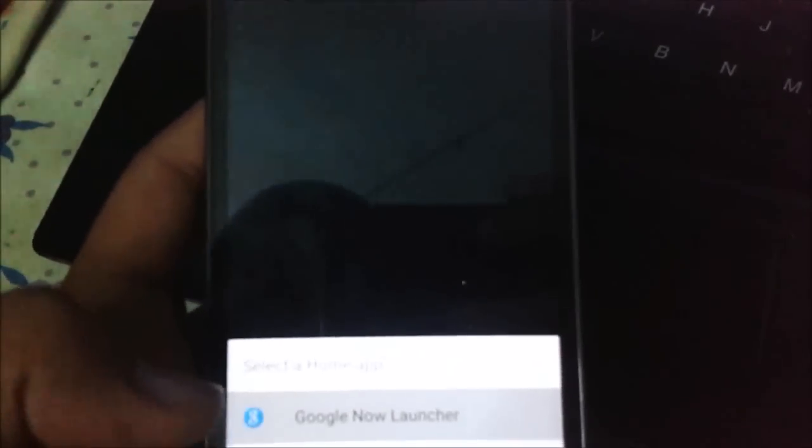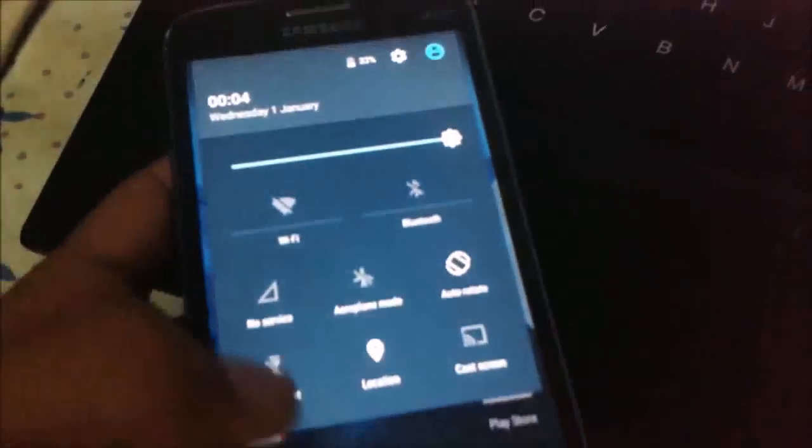Now setup has been completed. Now you can make the brightness high.